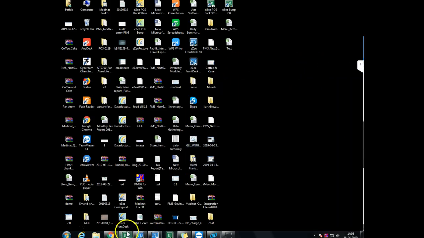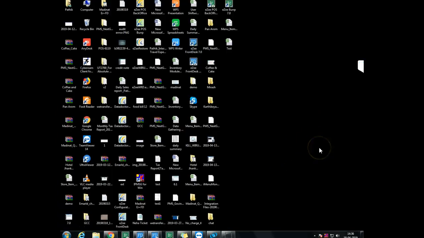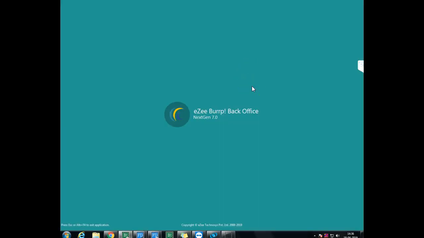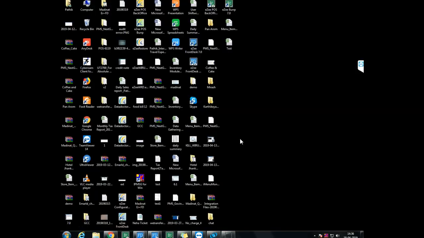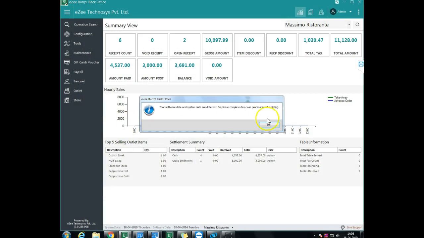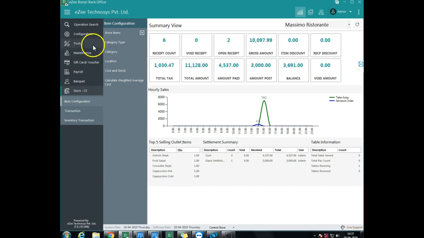Okay, so we have to configure the store first in Easy POS back office. You can see this is the Easy POS back office icon. Double click on it. Log in with privilege. You can select the store from here. First of all, you will have to configure the store